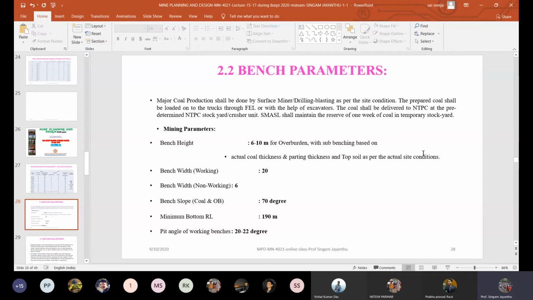What is that? So here in this mine, forget about the name of the mine. For us, it is mine A. Now, this bench height is 6 to 10 meters for overburden. And basically, when it is coal, because the overburden somewhere may be 20 meter, 15 meter, 30 meter. But as far as coal is concerned, unless it is 40 meter or 60 meter thick coal seams, very thick coal seams like